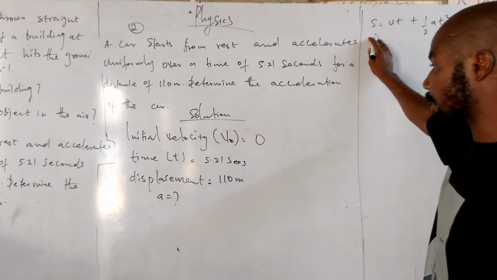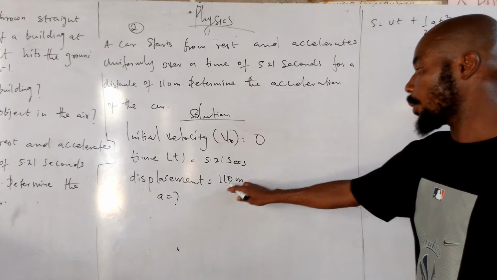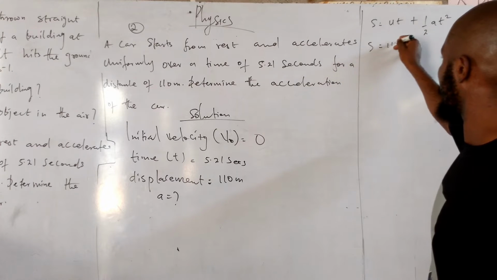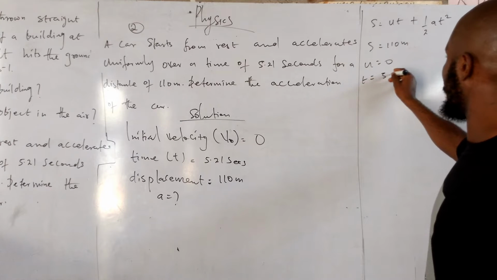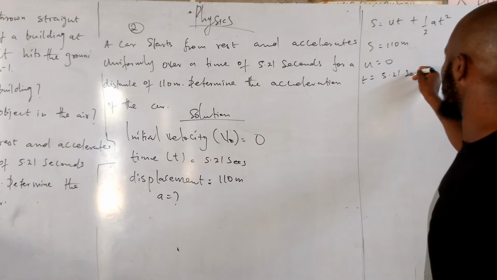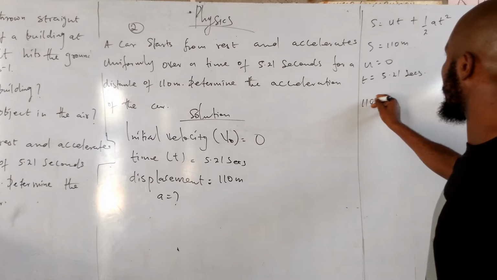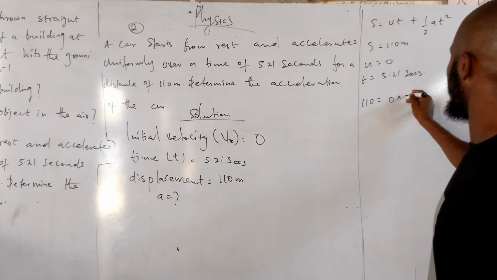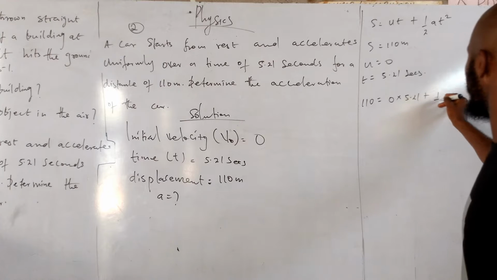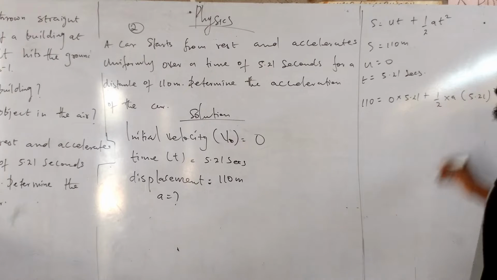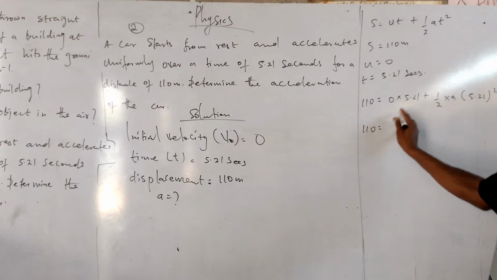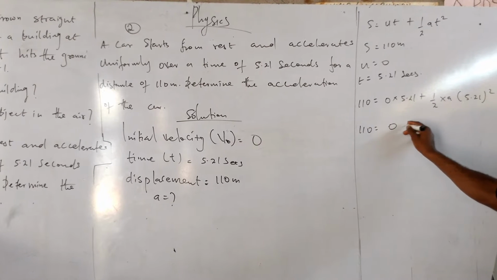Anywhere I see displacement, I'll put it as 110. So s is equal to 110 meters. u is equal to 0. t is equal to 5.21 seconds. So let's put in the parameters and see. 110 is equal to 0 times 5.21 plus 1 over 2 times a, bracket opens 5.21 all squared. So 110 is equal to 0 plus